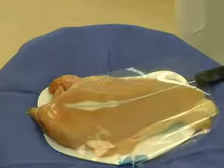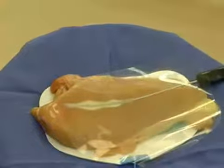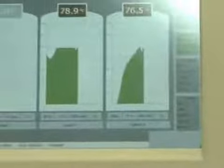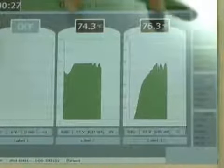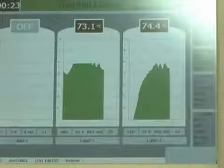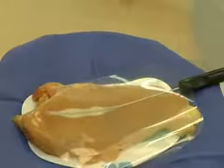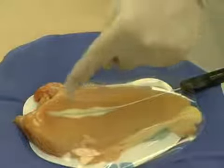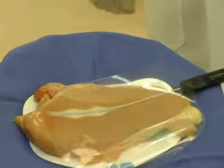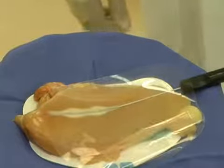Phase 2 is an ablation between number 2 probe and number 3 probe, which you can see here. Again, we're maintaining our electrodes at temperatures close to 80 degrees, but now it's number 2 probe and number 3 probe as opposed to number 1 probe and number 2 probe. Phase 2 is now completed. As you can see, these 2 ablations have formed a dumbbell shape on the probe itself. So our next 3 phases are going to fill in those gaps so that we end up with a very